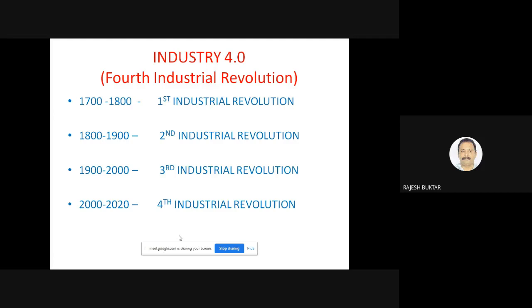I have given the different eras in which the industrial revolution has progressed. We can see the various eras. A lot of material is available on Google; I have just listed the eras here. Right from 1700 to 1800, we witnessed the first industrial revolution; 1800 to 1900, the second industrial revolution; 1900 to 2000, the third industrial revolution; and from 2000 to 2020, the fourth industrial revolution. Therefore, augmented reality is also a topic which needs to be understood under the umbrella of Industry 4. So it will be very good to move ahead.